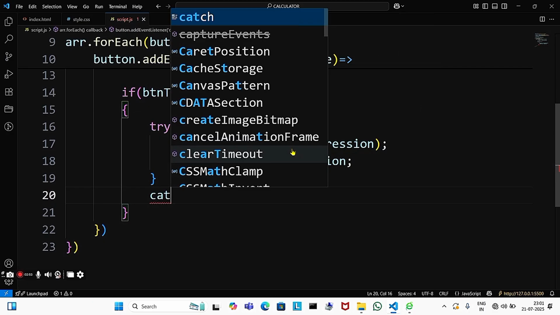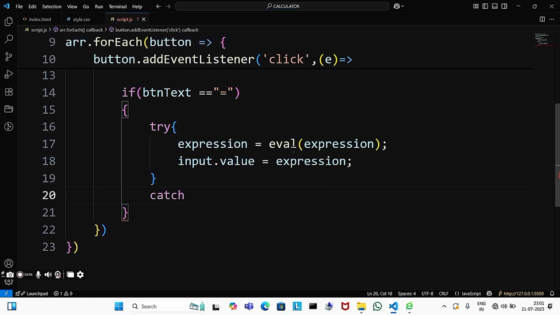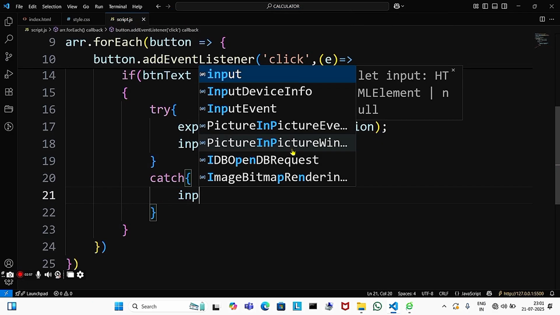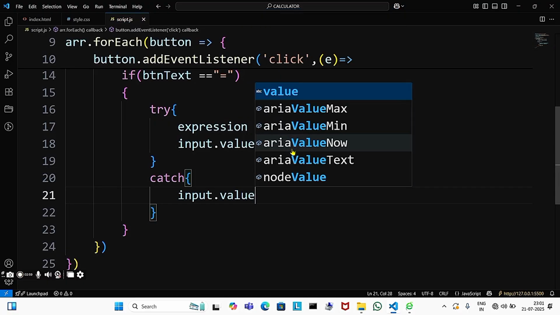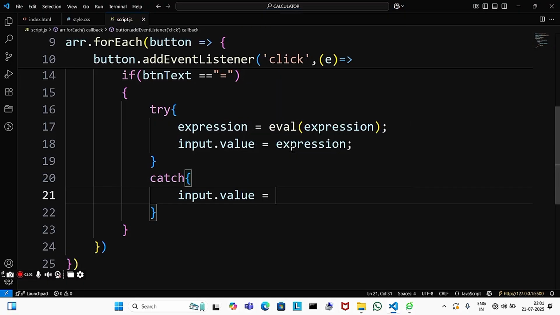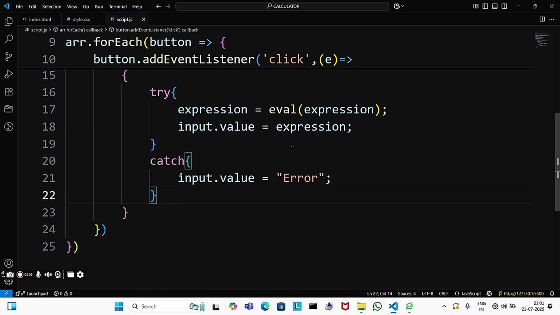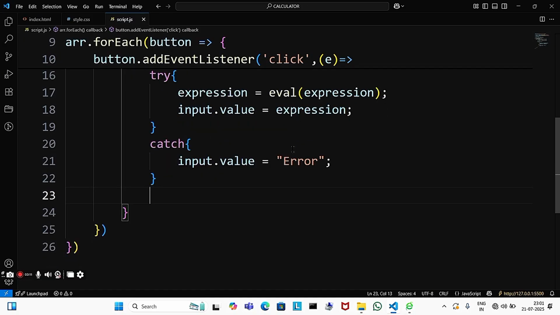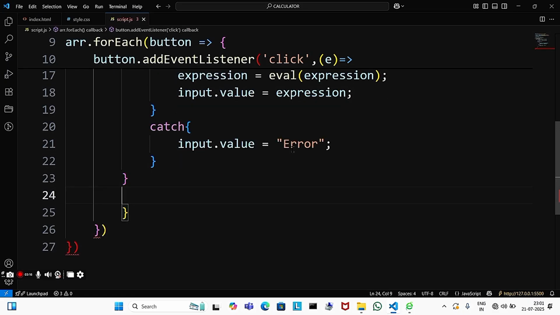Catch, it can catch the exception. So for that we can write here the exception, that is the input dot value is equals to error. After that, we can go outside of the try catch block and then provide here, and then after, just